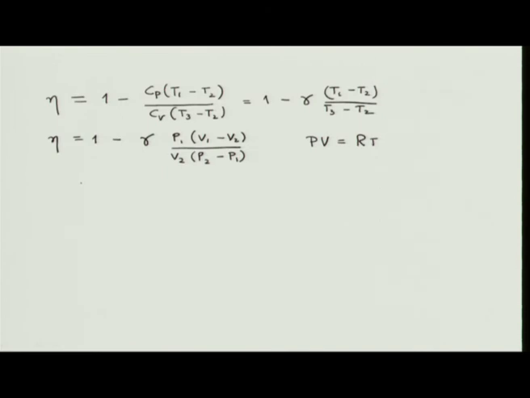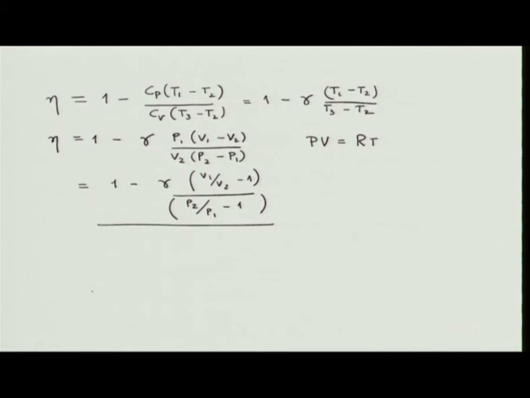So, immediately one can simplify life and one can write out the final expression, which is V1 by V2 minus 1 upon P2 by P1 minus 1. So, this is the efficiency of the engine I have been talking about. Okay. This is one example of doing some problem using the simple PV diagram. To end this discussion, I will have 2 more comments and I will leave 2 problems for you to do.